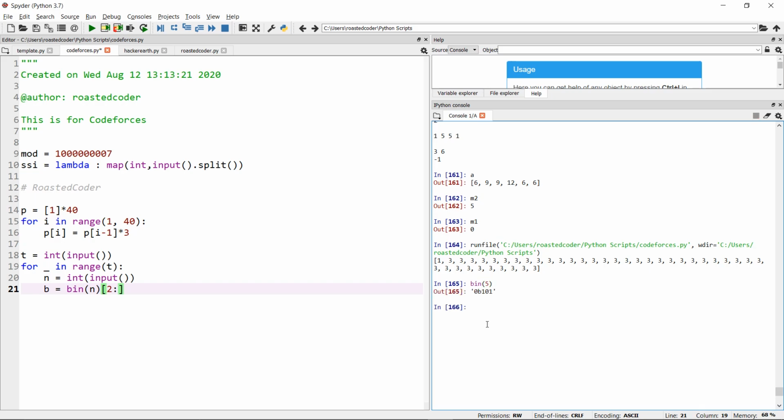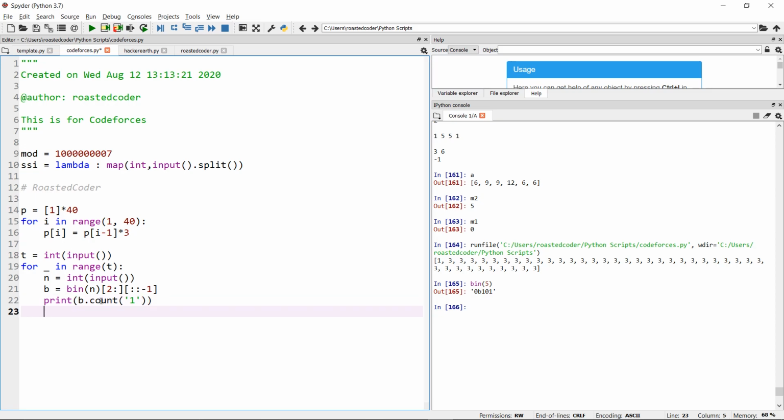You can see 0b is the prefix for this binary number, and we have to reverse it so that we can iterate from the lowest bit. And now we have to print the count of 1s.